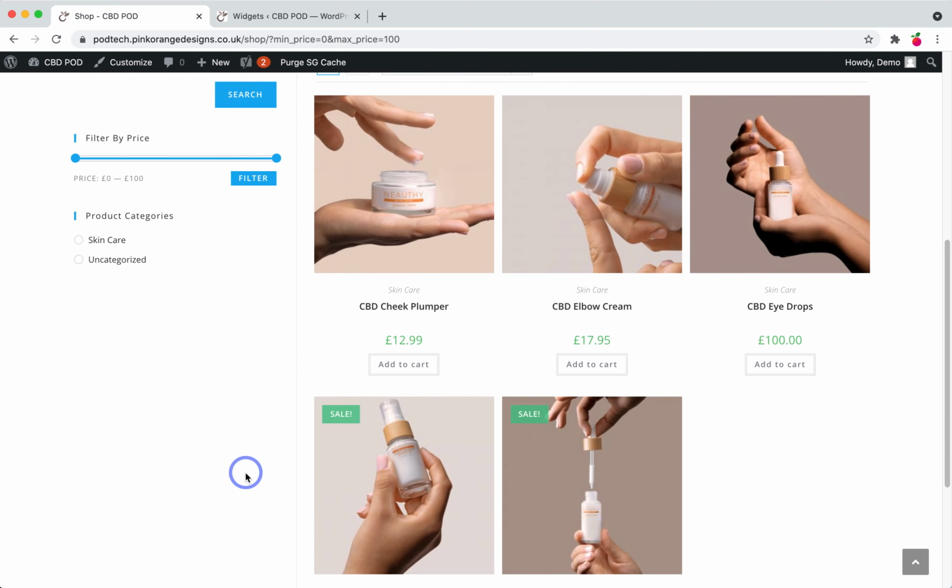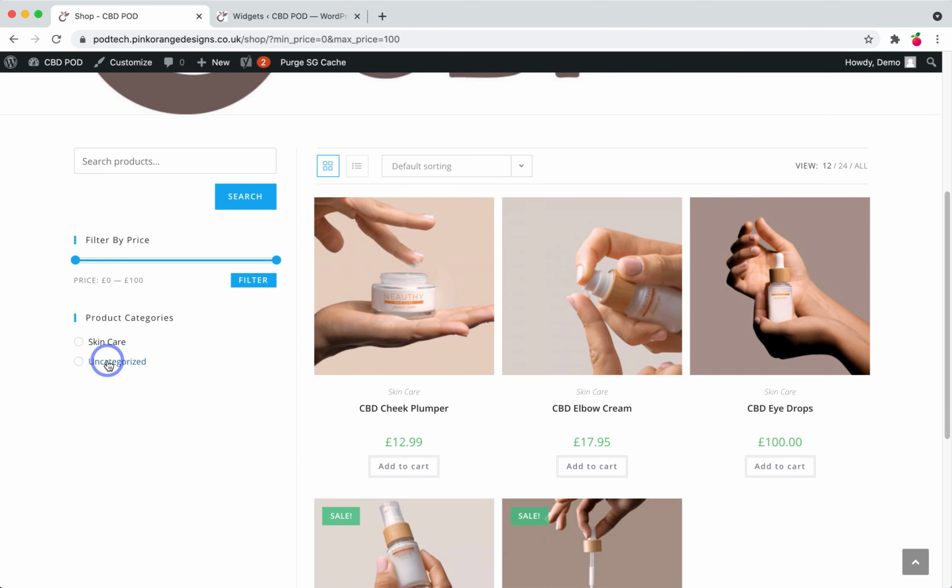I would try and keep it as clutter-free on this side as you can. There are a lot of widgets. The reason for that is because it looks fine on desktop, but in your mobile view, having all this information stacked at the top as the user scrolls down can be quite off-putting. So as default, it will show all your products first and then this sidebar here. However, in the shop, we want it switched so that we can search for the products first and then have all the products below. So to do that, we go into Customize,